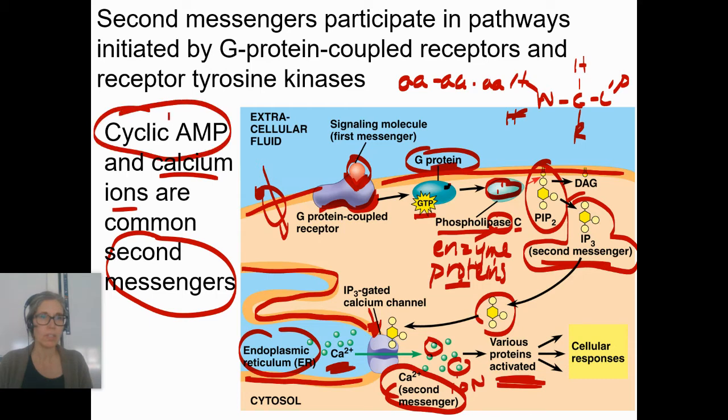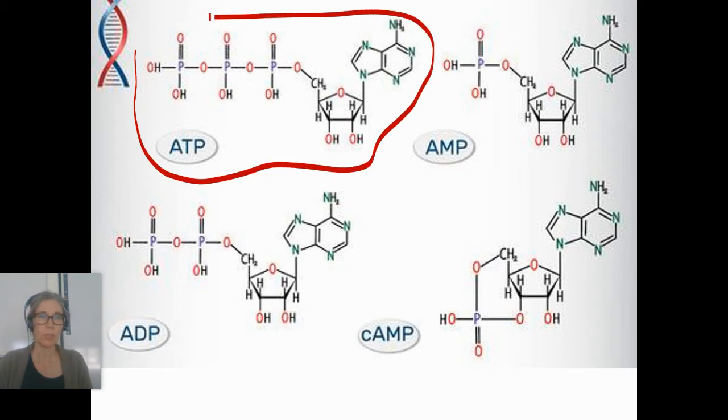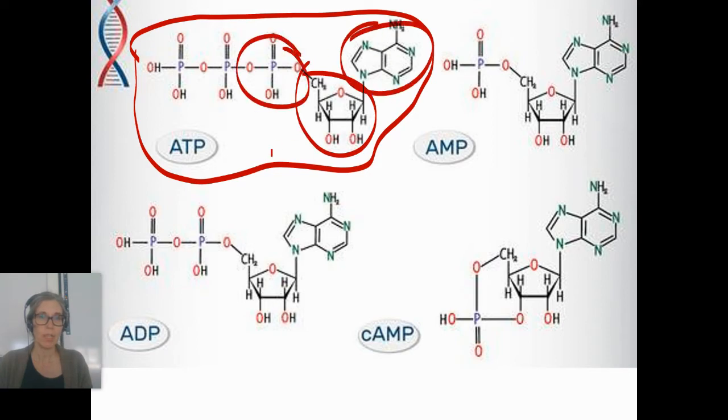So is something called cyclic AMP. So let's look at that. This is our old friend ATP. You're probably somewhat familiar with ATP. ATP has a sugar and some phosphates and a base. So that should maybe sound familiar to you. It's a nucleotide, it's a nucleic acid. So this is a monomer of a